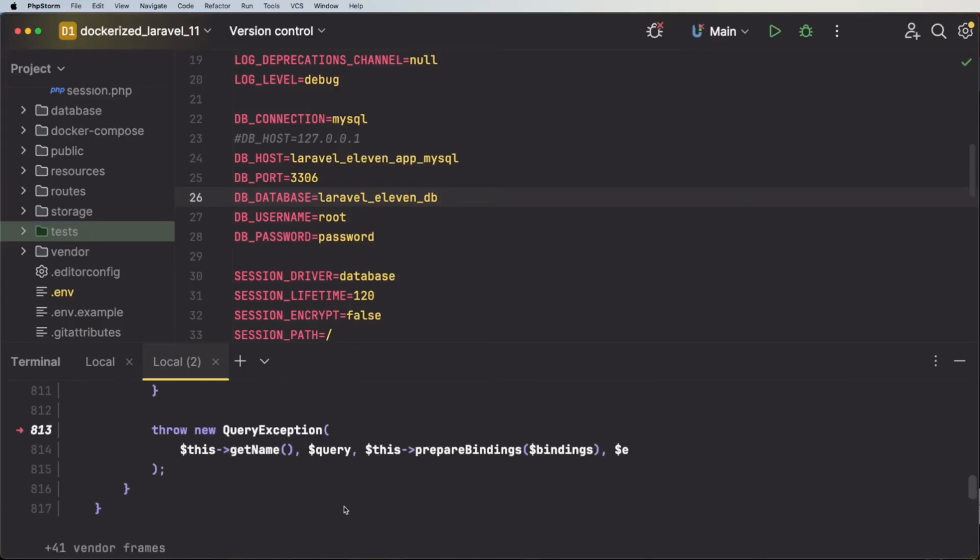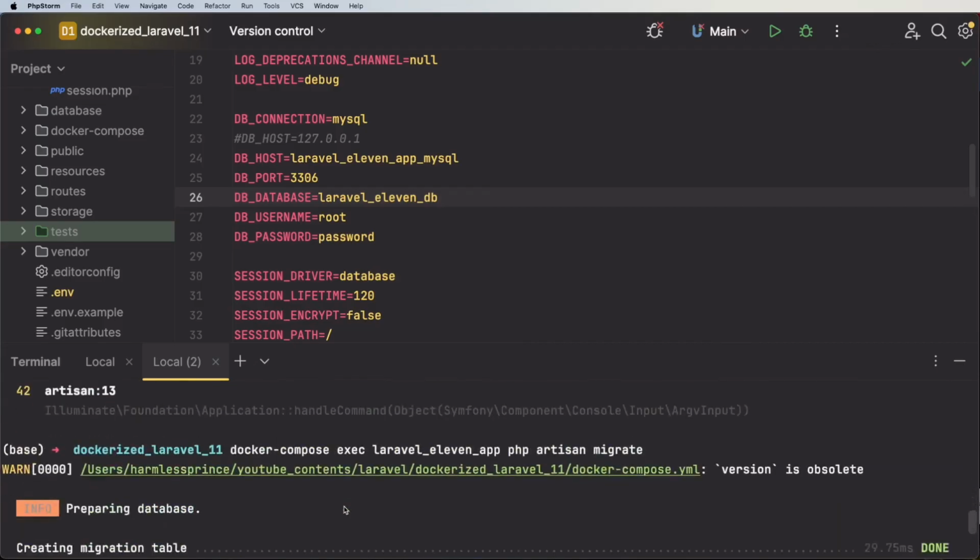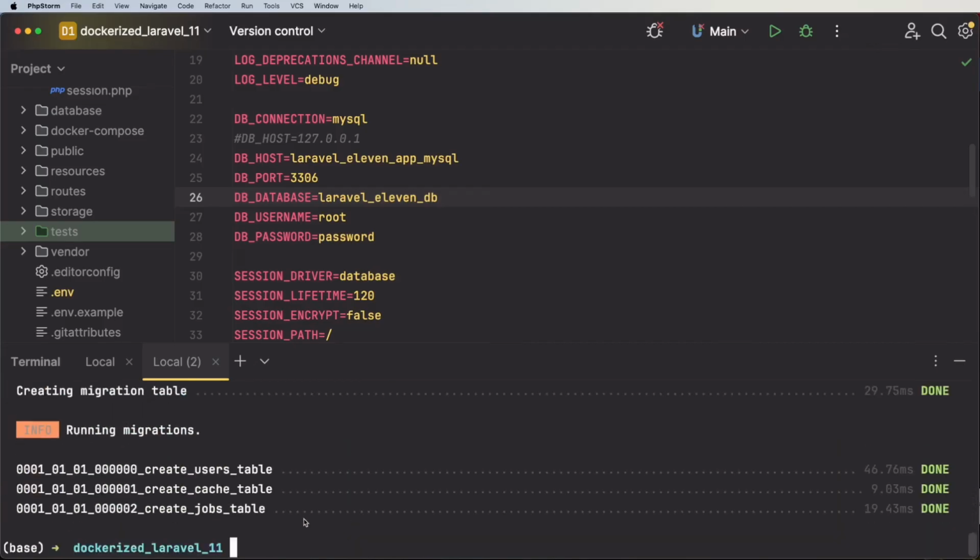So the reason why it failed the first time is maybe because our database was not yet ready. So in order to rectify that, we are going to set up a way to make sure